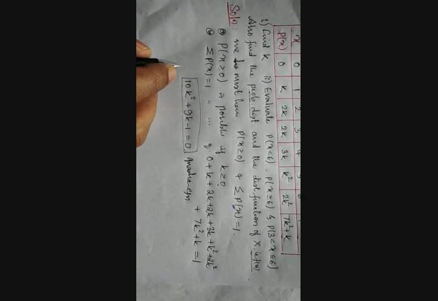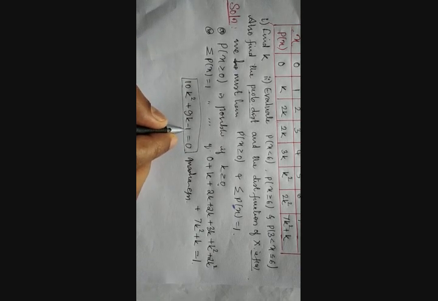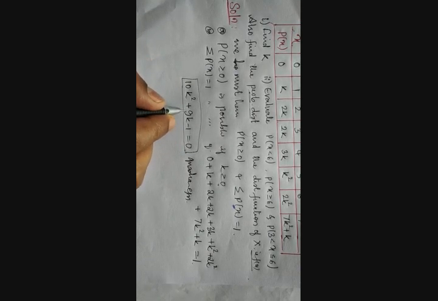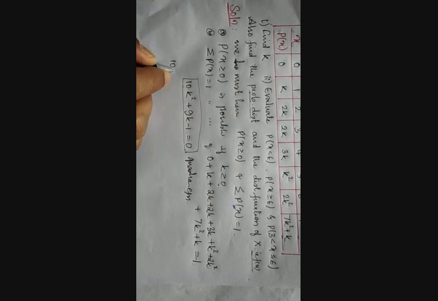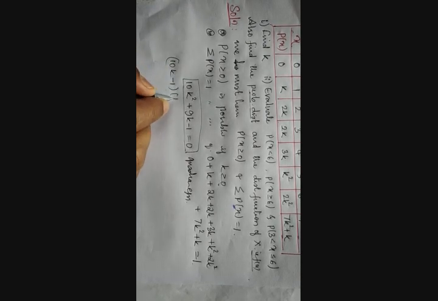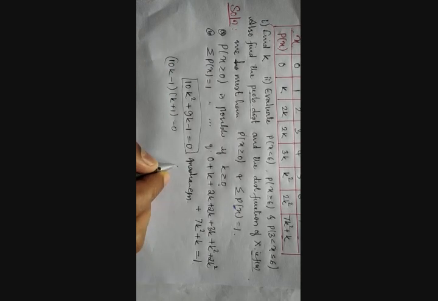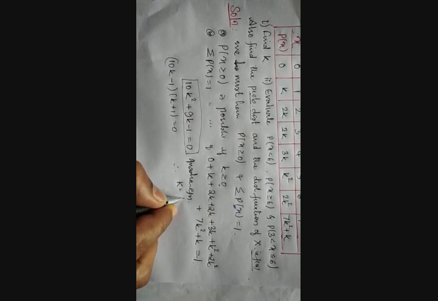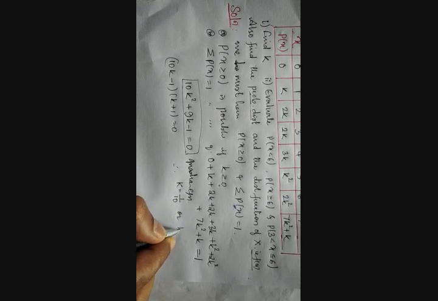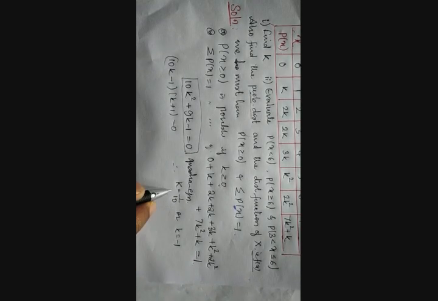So we need to calculate its roots. How do you calculate its roots? If you multiply, it should be 1 into minus 10. If you add or subtract, it should be 9. Therefore it is (10k minus 1)(k plus 1) equal to 0. Therefore k is equal to 1 divided by 10, or k is equal to minus 1. There are two results. Out of these two results, which value of k can we select? Whether we take k equal to minus 1, or k equal to 1 by 10.